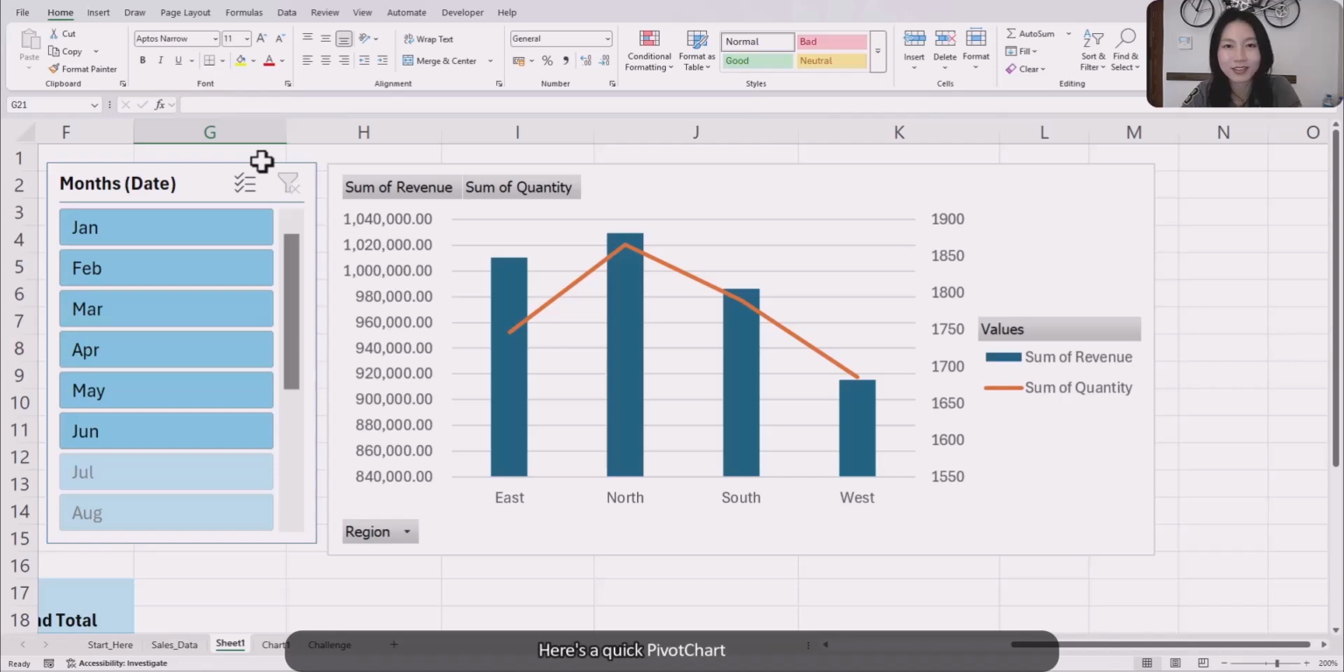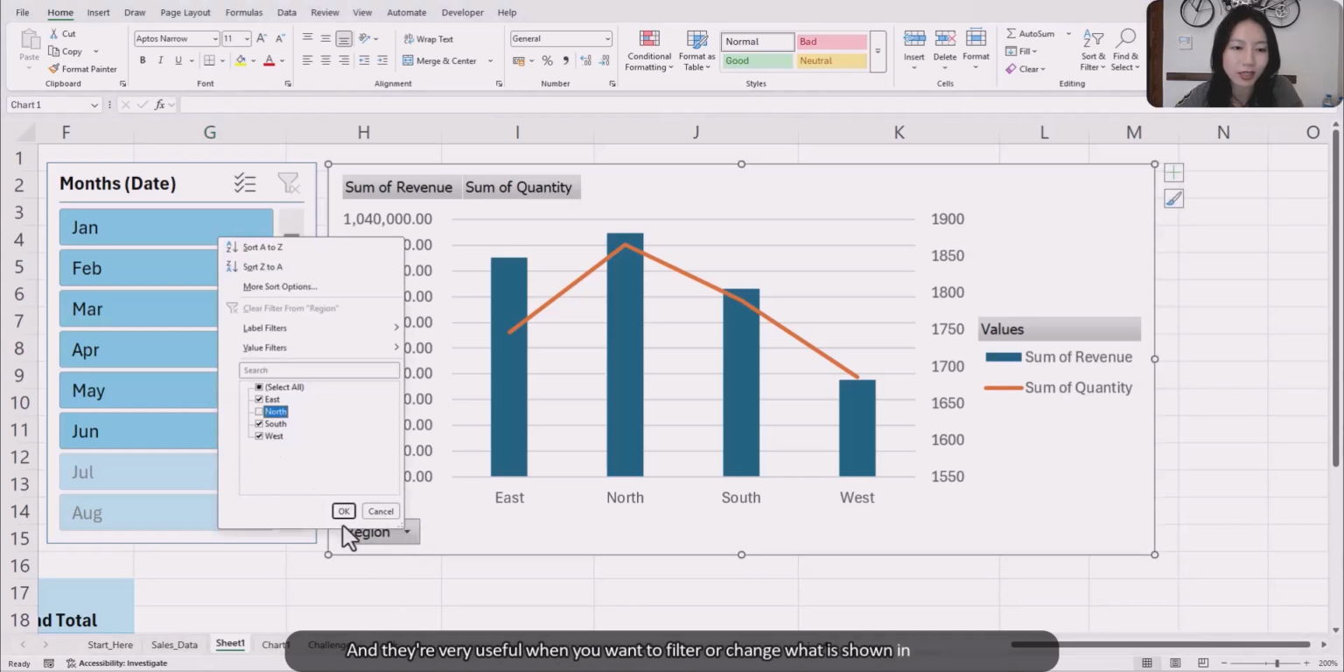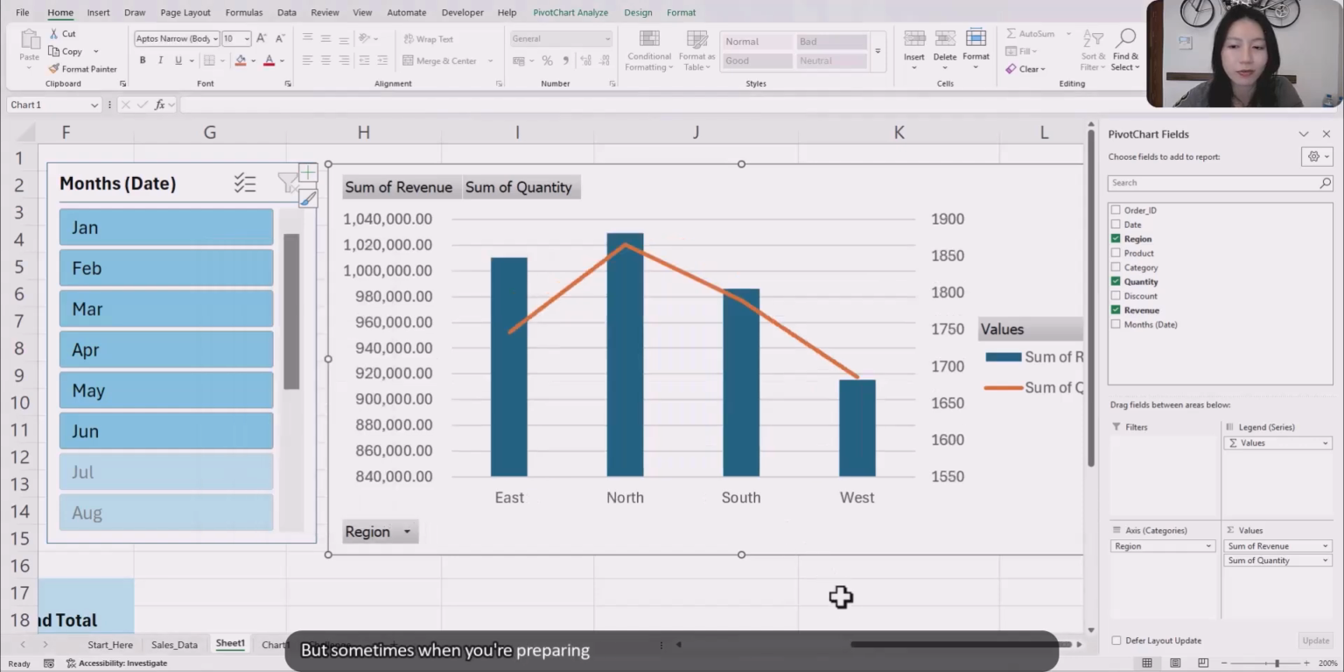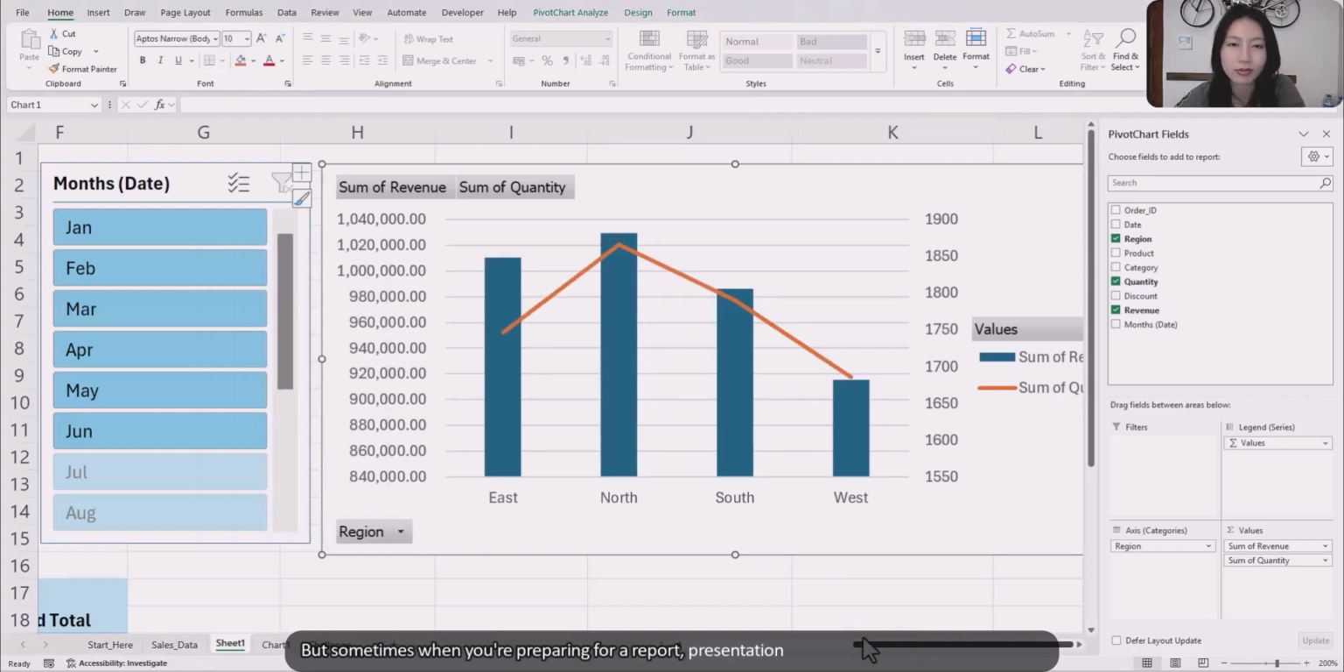Here's a quick pivot chart bonus tip. When you create a pivot chart, you may notice these gray buttons. These gray buttons are called field buttons, and they are very useful when you want to filter or change what is shown in your chart. But sometimes when you are preparing for a report, presentation, or screenshot, these field buttons may make your chart look